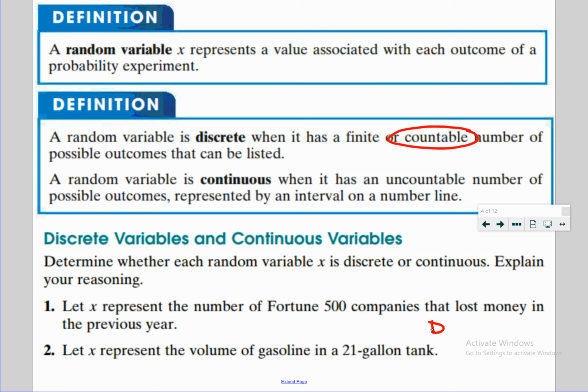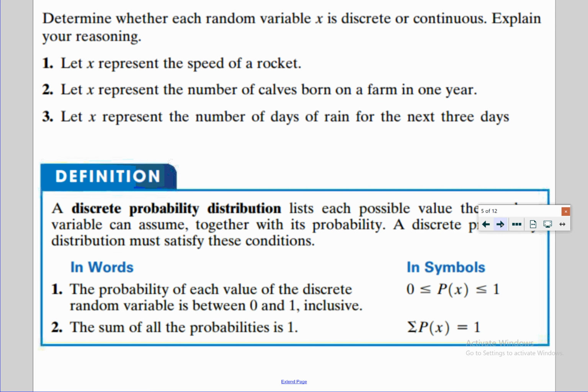I can't count the gallons unless it is exact gallons or half gallons or some other unit. So in general, volume is something that's measured, not counted. So that's what we would say is continuous. So that's something that we wouldn't be able to make a table out of unless we rounded to the nearest gallon. Okay. So at the top, real quick, maybe discuss with your groups,